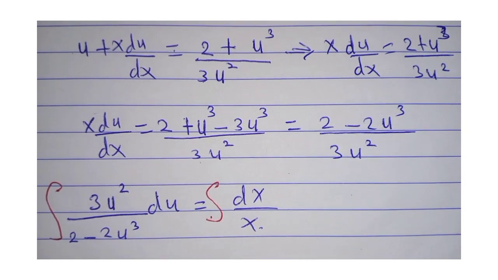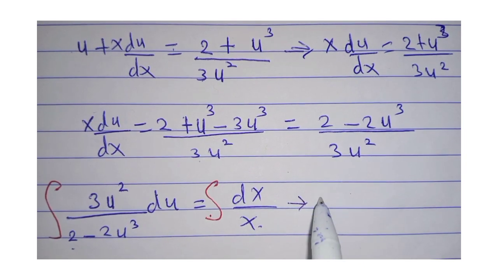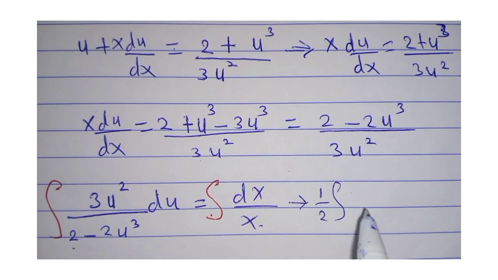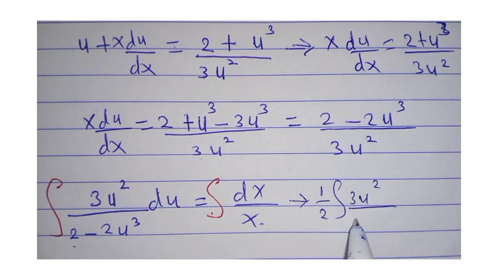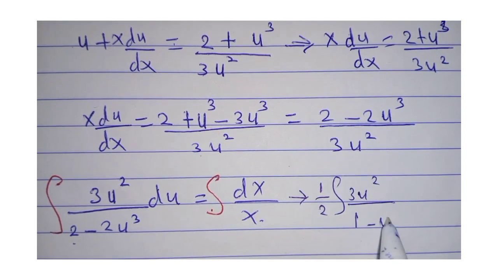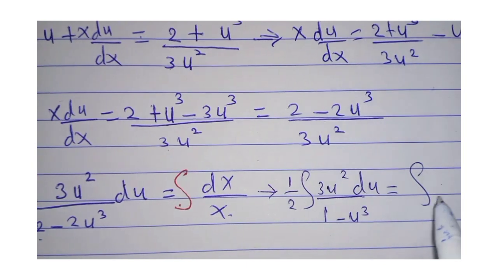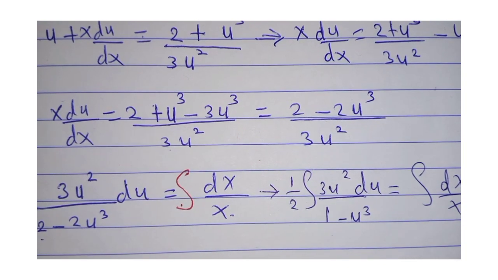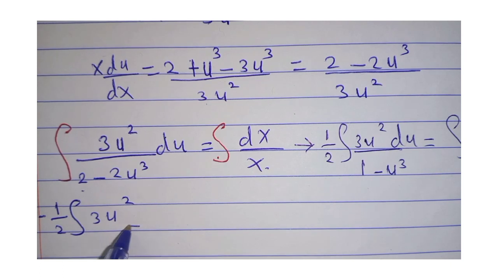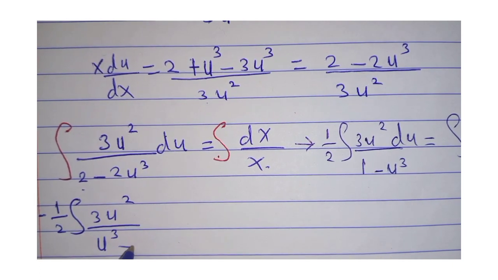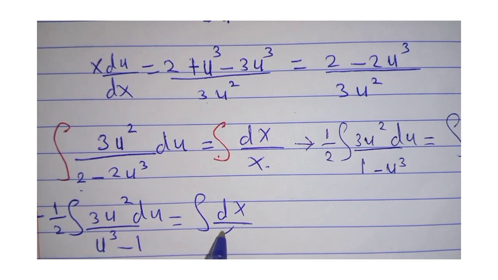So this can be written as, we can factor 2 on the denominator so that we have half integral of 3u squared divided by 1 minus u cubic du is equal to integral of dx over x, negative half of 3u squared divided by u cubic minus 1 du is equal to integral of dx over x,